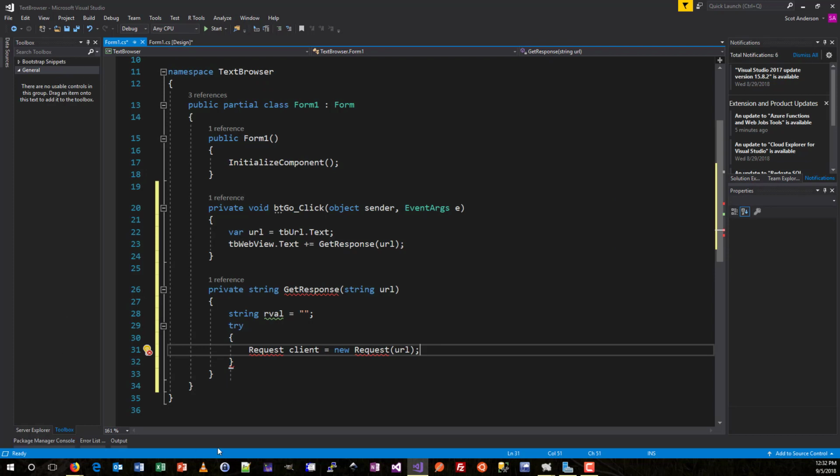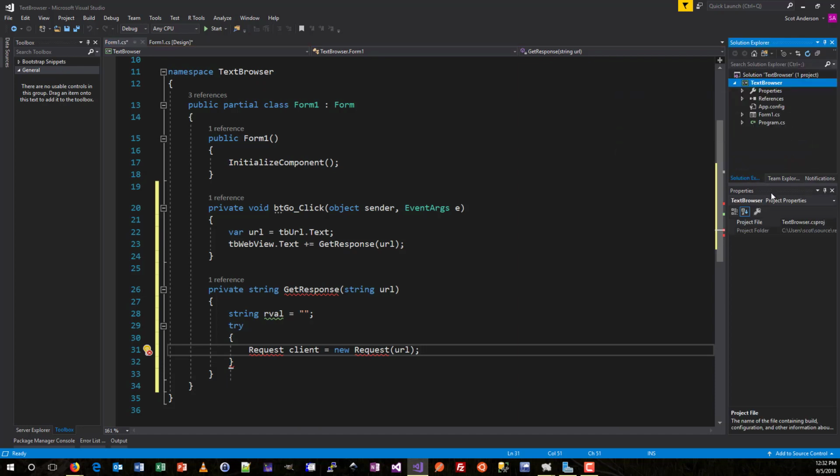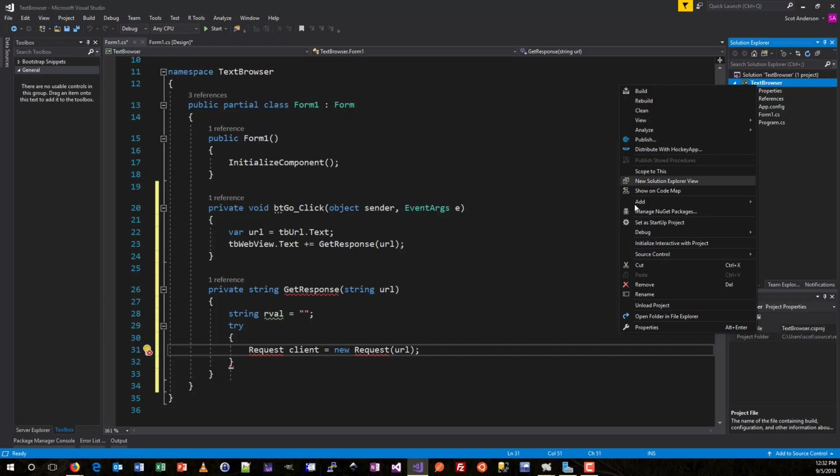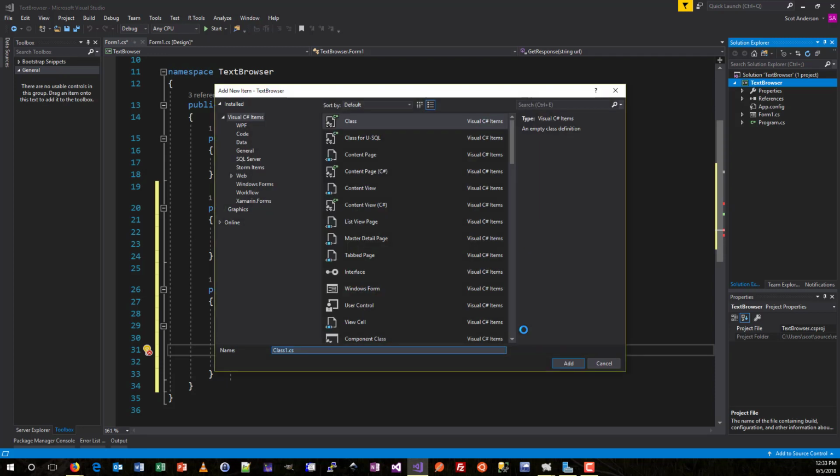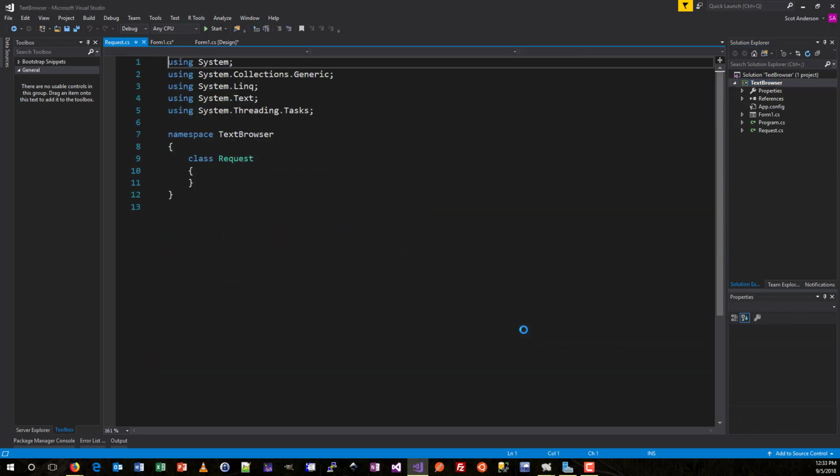And to do that, I need to see my Solution Explorer. And I am not going to need properties so much anymore. So I'm going to go ahead and drop this down a little bit. And in my text browser, I am going to add a new class. And we're going to call it, when it comes up, request.cs. Okay, so now we have a request class,